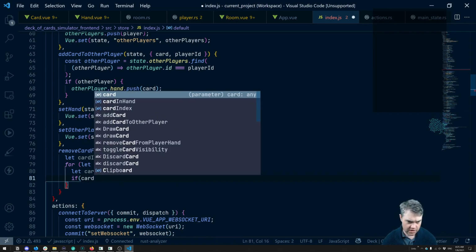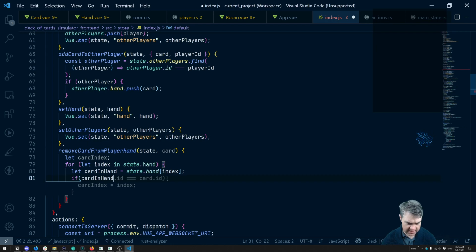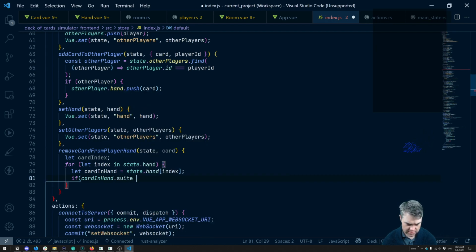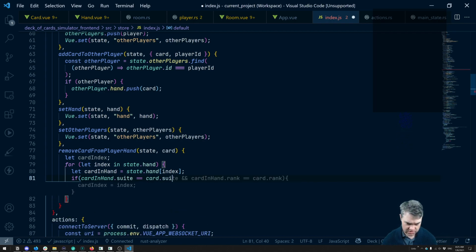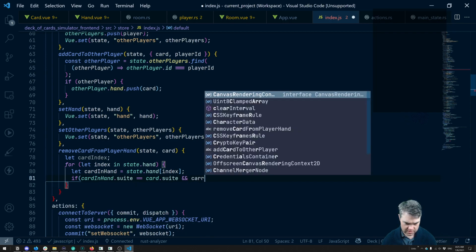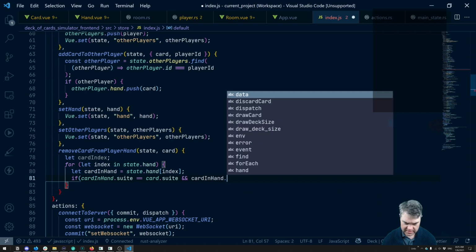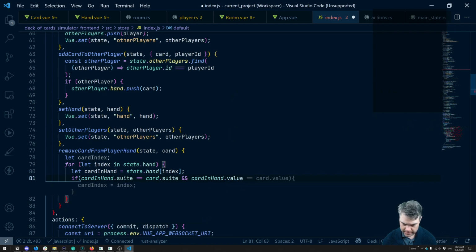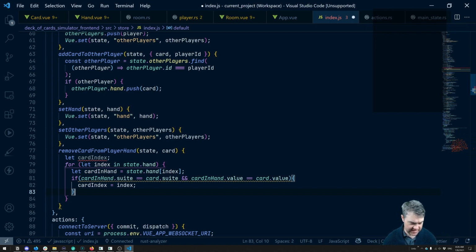If card in hand dot suit is equal to card dot suit, and card in hand dot value is equal to card dot value, then card index is equal to this index. Yes, exactly. So we reach the end if we have a card index at this point. If we have a card index,